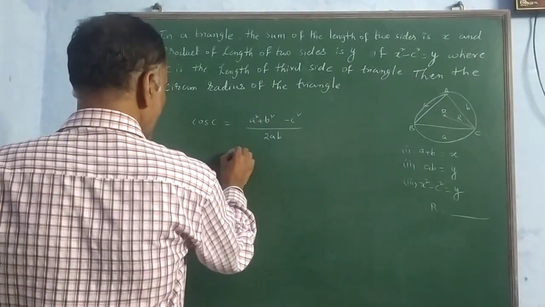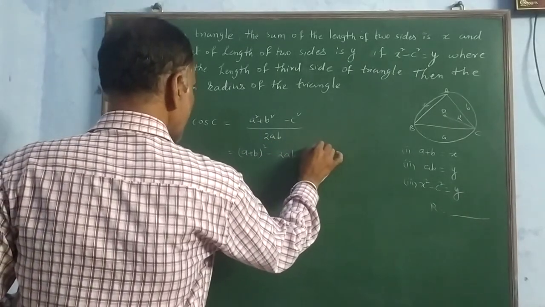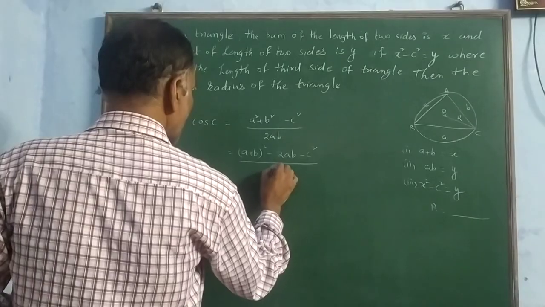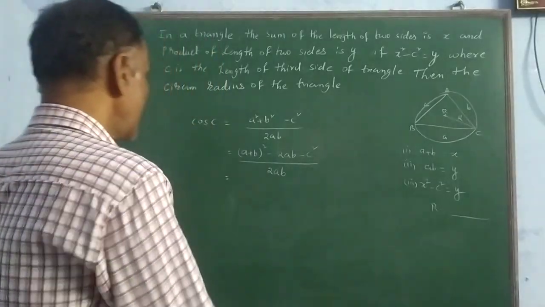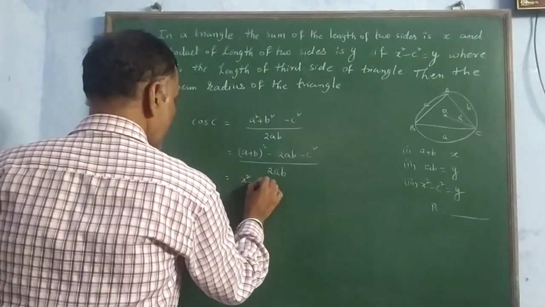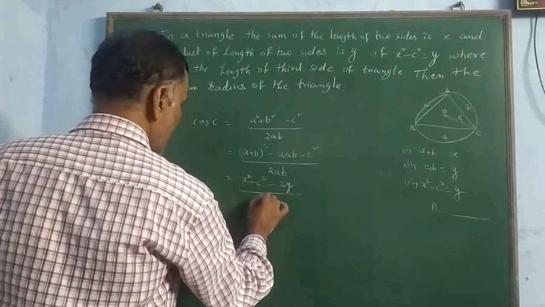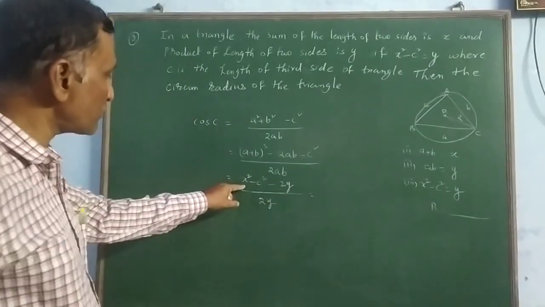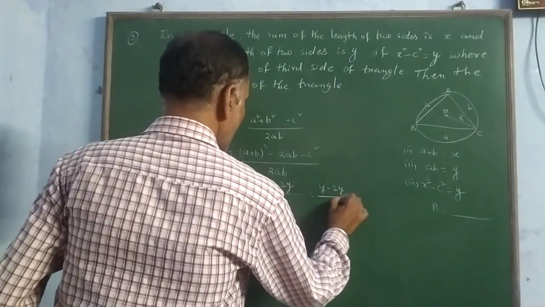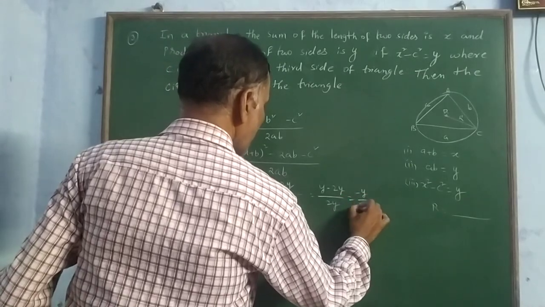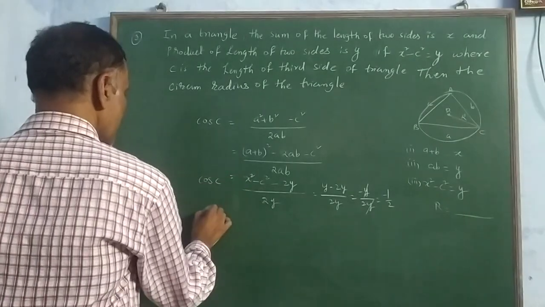Here, a square plus b square, how is it written? (a plus b) whole square minus 2ab minus c square, by 2ab. So a plus b equals how much? Let it be x. Here x square minus c square minus 2ab, let ab be y. So 2y, and x square minus c square equals y. So y minus 2y by 2y equals minus y by 2y. The y cancels, giving minus 1 by 2. So cos C equals